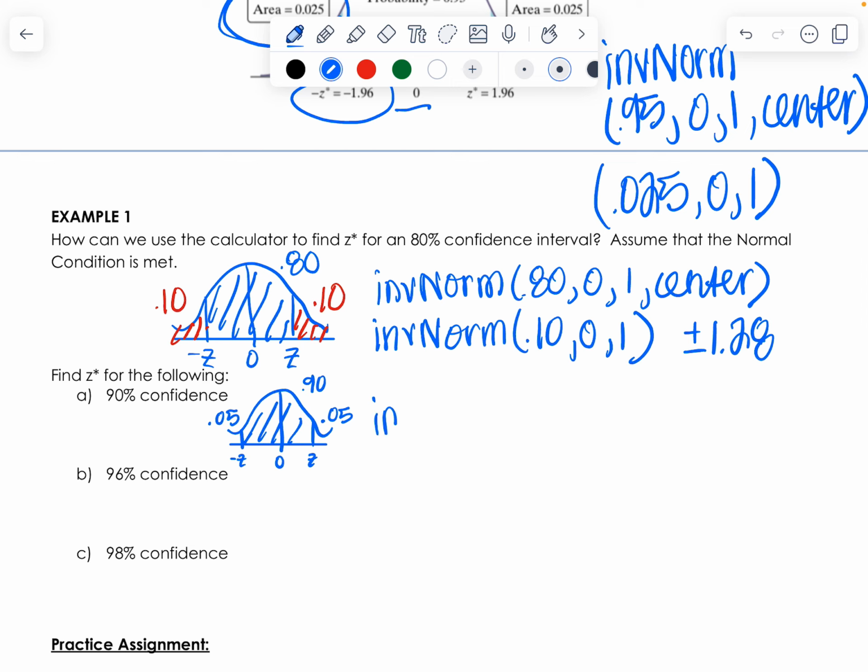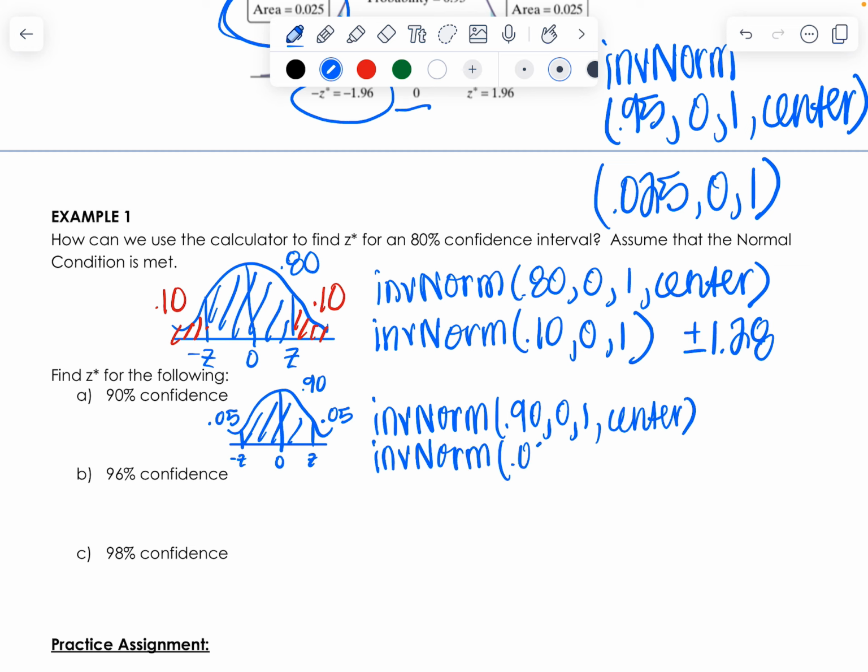Okay, so we would do inverse norm 0.90, 0, and 1. Center, or inverse norm 0.05, 0, and 1. And either way, we will get